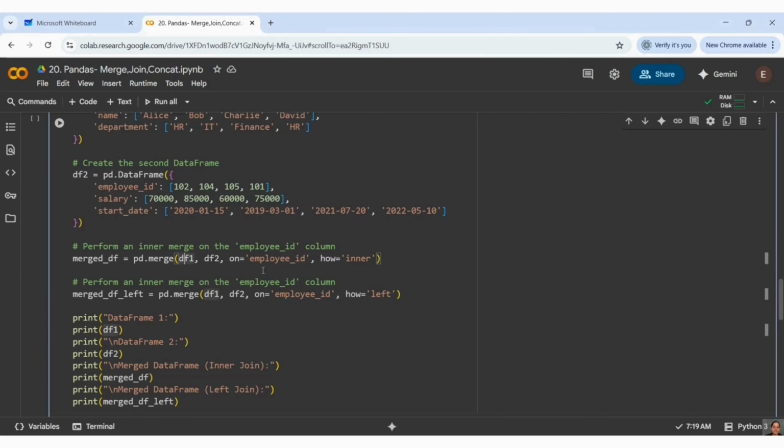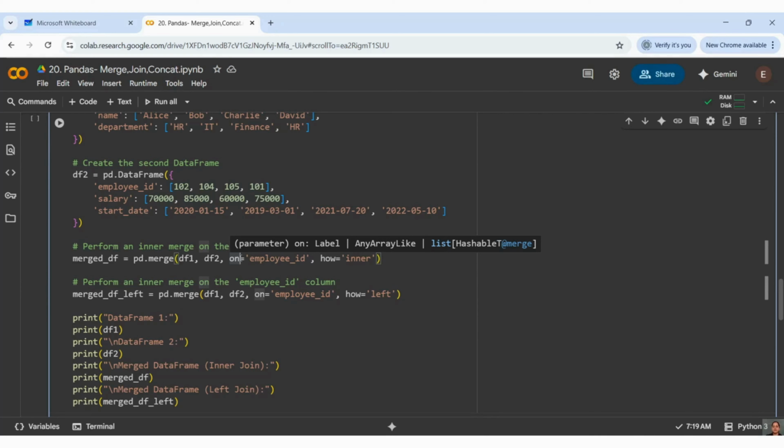And at the same time, it is expecting a few properties. One is on, what you want to merge on. We have something, right? Inner join and outer join on what? We are comparing the primary key and secondary key, right?